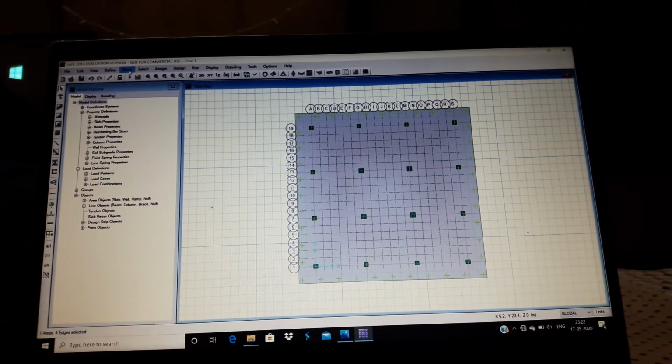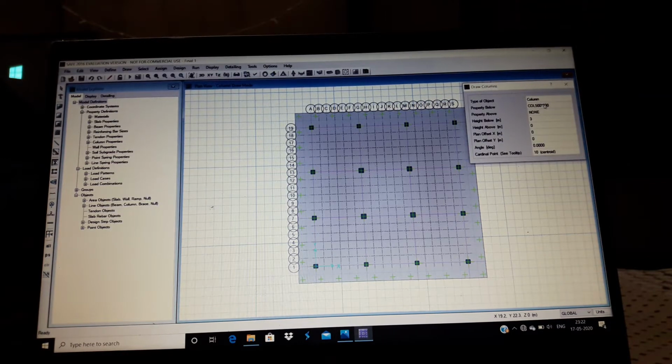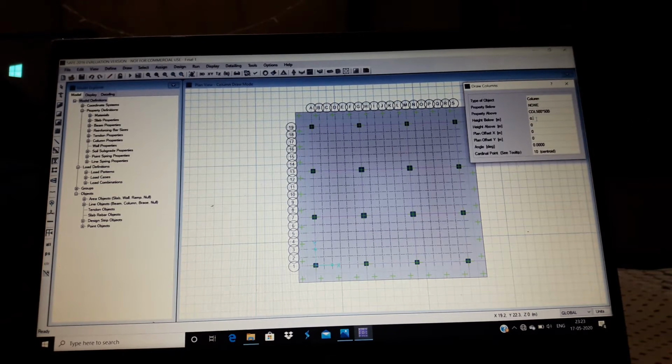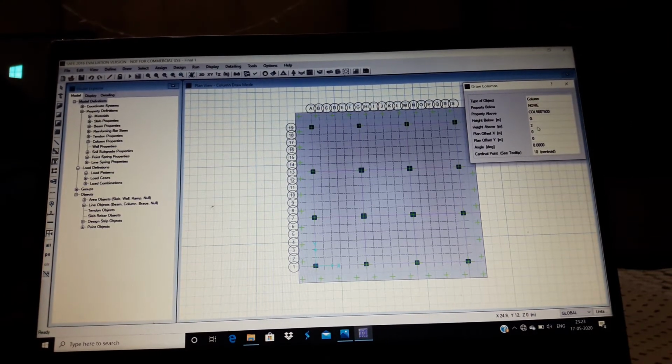Then we need to draw columns. So to draw columns, firstly property below should be none, and property above can be column 500 cross 500 or 600 cross 600, and then height below should be 0 and height above should be 2.